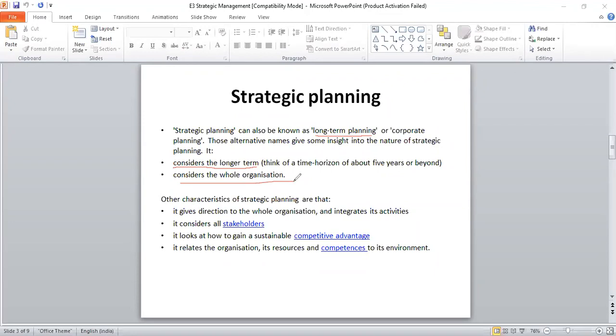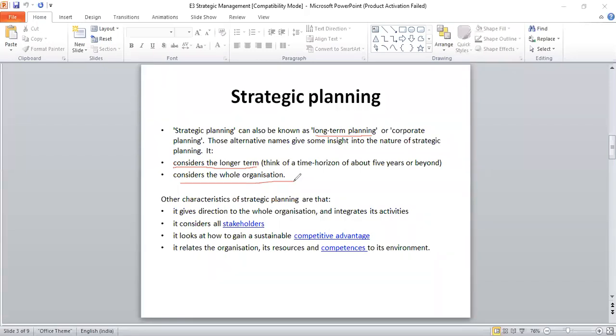It is not only focusing on one activity, one unit, or one department. It is focusing on the entire organization as a whole, achieving its objectives. So that is considered under strategic planning. It is not for what would be sales for the next year or how would they take up the activity of purchasing material, how to hire employees. No, it's not only focusing on one particular activity, but the entire activity of the organization as a whole. Together, how would they achieve the objectives is what is considered under strategic planning.